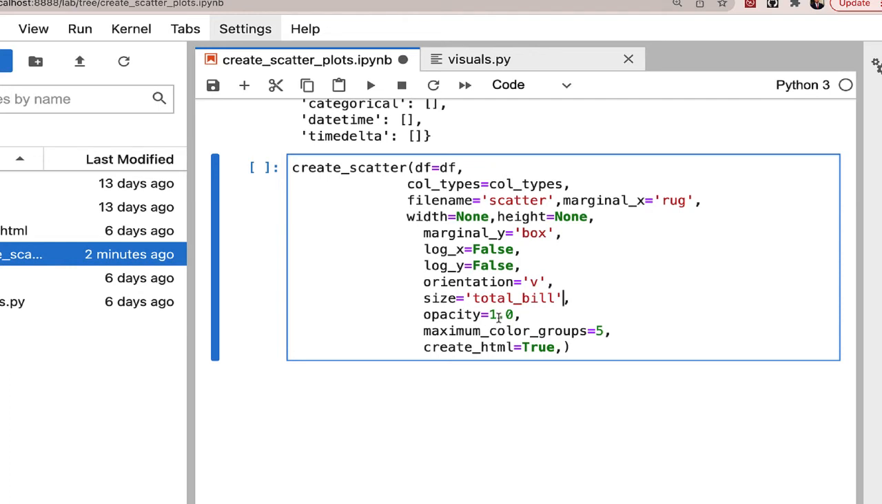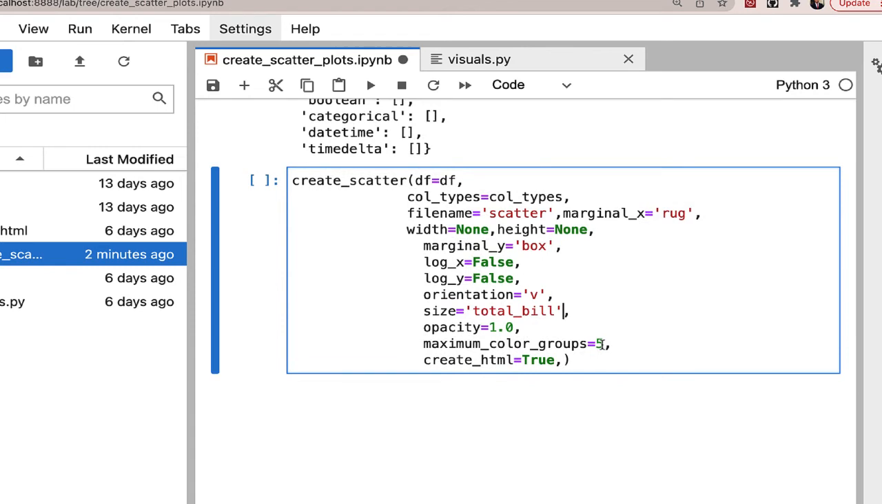You can specify what opacity you want. Now this maximum color groups, what it is, is just a setting for you to say, okay, how many different kinds of colors do you want to see in your chart? So what's the maximum number? You can set it to be whatever you want. I think 5 is a good default. We can change it to 8. That's fine. And yeah, let's pass in, let's say, list